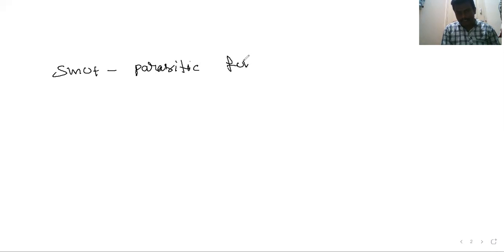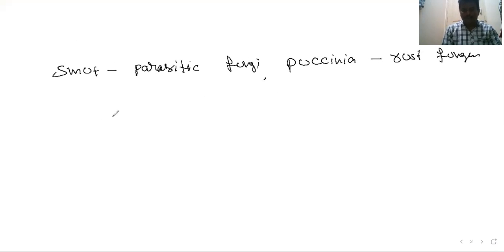Smut is a parasitic fungus. It is called Ustilago. Next, Puccinia. It is a rust fungus. It is also called a parasitic fungus. Last and final one is